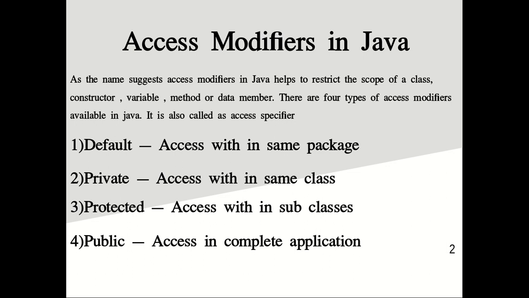Then the third one is the protected access specifier. Whenever we want to implement inheritance in the programming language, that means acquiring the properties or variables defined in the superclass into the subclasses, at that time we use the protected access specifier. We protect those members for their subclasses. So the protected specifier is used in inheritance. And the next access specifier is the public access specifier. Whenever members are defined with public, they can be accessed throughout our applications. Anyone can use those members or entities within the programming language.